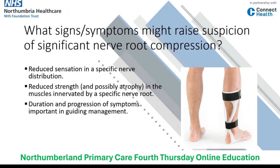So they may say, I've just been walking a bit funny, my foot's not quite moving as well, I'm catching my toes, my foot seems to be flapping as I'm walking. Those kinds of things are probably something to add in your subjective screen. A really simple question is to say, have you noticed any weakness of your feet, catching of your toes, or slapping of your foot? It is rare, but if it is apparent, and certainly if it's progressive, it would